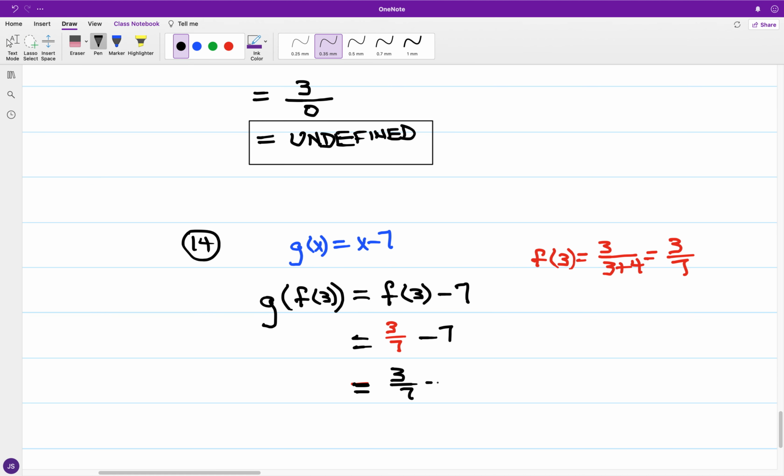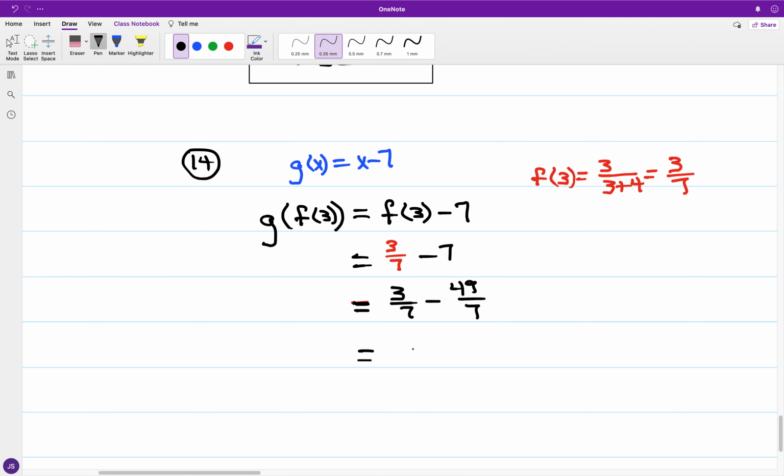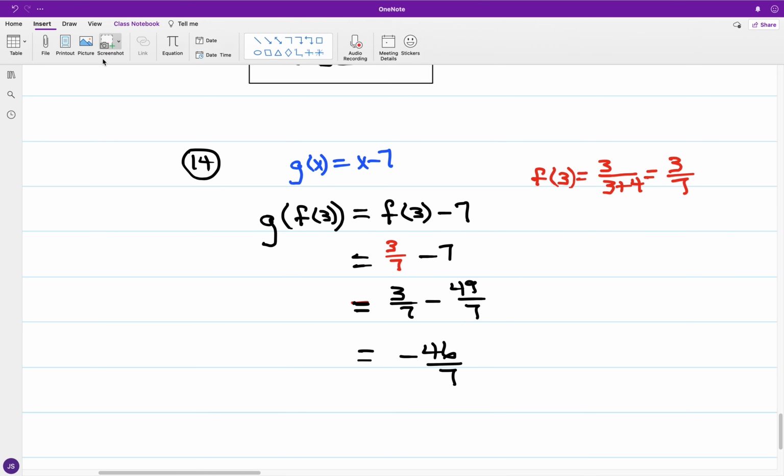Now for 7 as a fraction, 7 over 1 would be the same as 49 over 7. Okay, so you got 3/7 minus 49/7. So for that particular output, this will be negative 46/7. All right. Now,